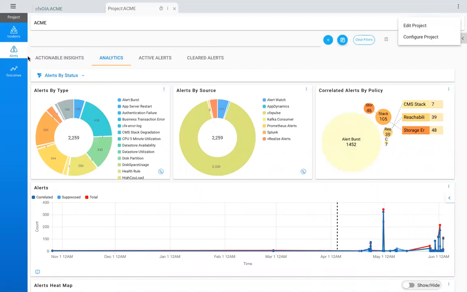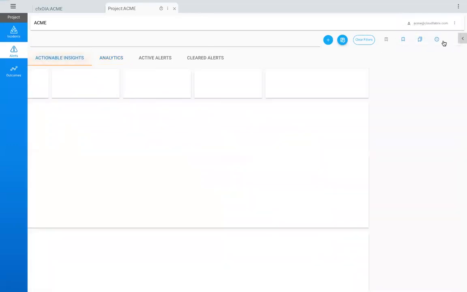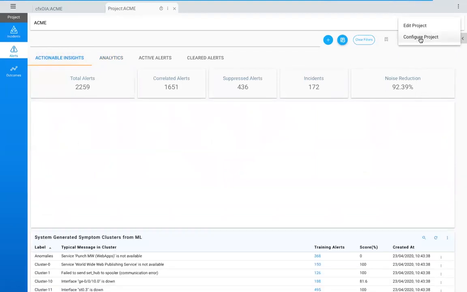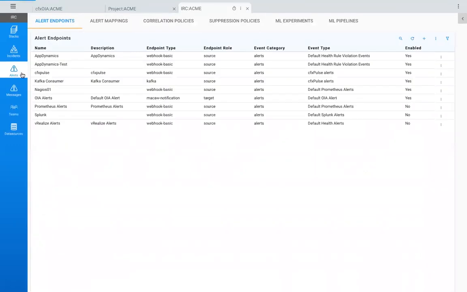So we will learn about how we got here, but just to give you a high level, this is the outcome we are looking at: reducing the noise or alerts. As we went through that pipeline, the first pipeline is alert ingestion. So you typically will see a bunch of your alert sources. You have Nagios, Prometheus. They're very common monitoring tools, and these are the different types we have touched upon, like webhook, Kafka, or API.